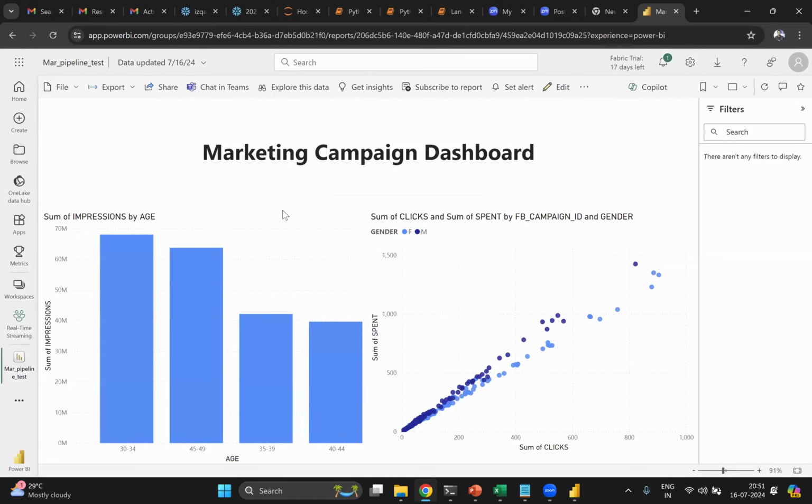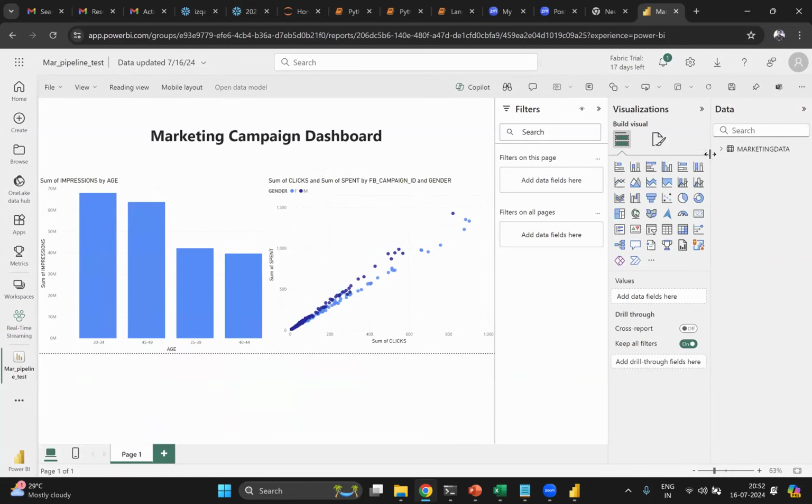So now if there are other users, for example, this is my marketing test pipeline. I can click on it. Most of the time when we are going with Power BI, most of our users are going to be Microsoft account holders, so they will have a Microsoft business account. So I can simply click on share. Now I can send it in an email, I can copy the link, I can send it to the people in your organization with the link, or I can click on it and change it,